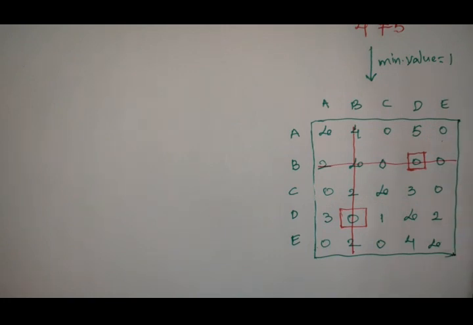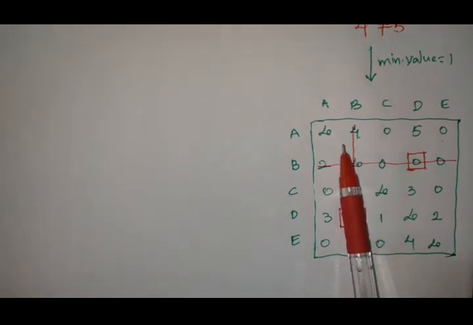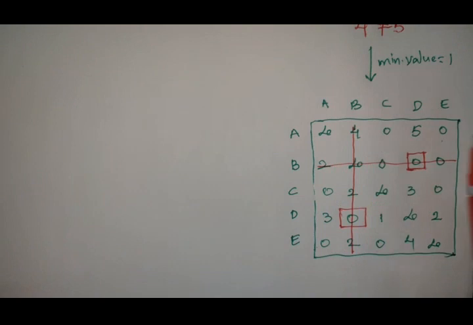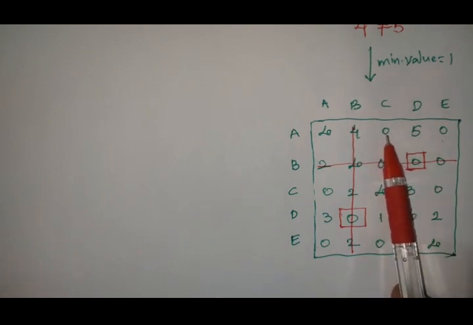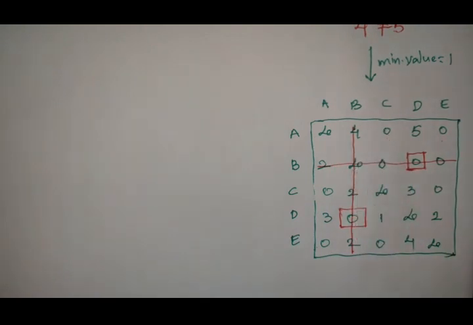And again, if you do the row scanning also, we will get the same procedure. So then what to do? Then we need to do the assignment in a diagonal way. Okay, so now take the first row. So this one is the first row. So if you do an assignment, the next assignment should be in a diagonal way.